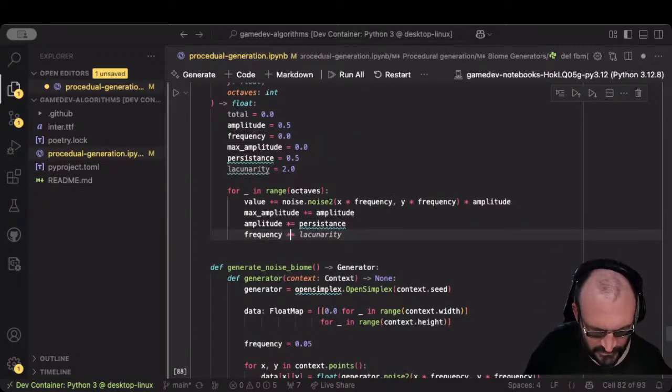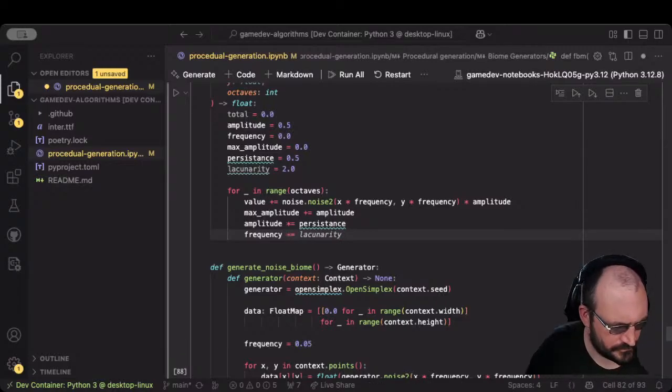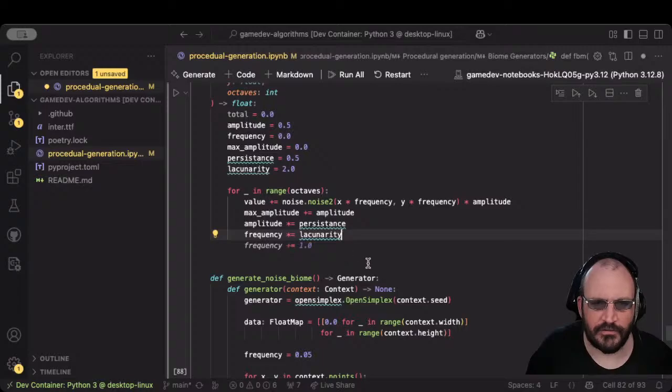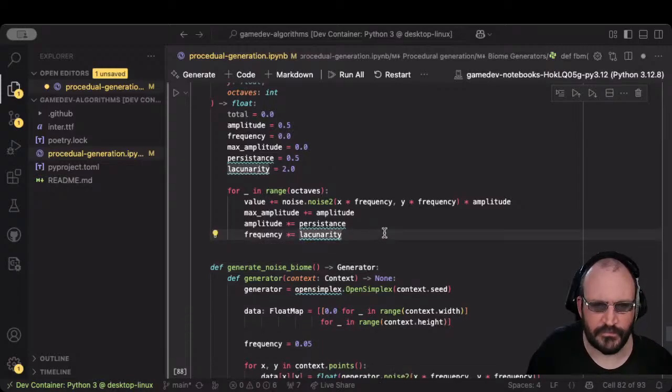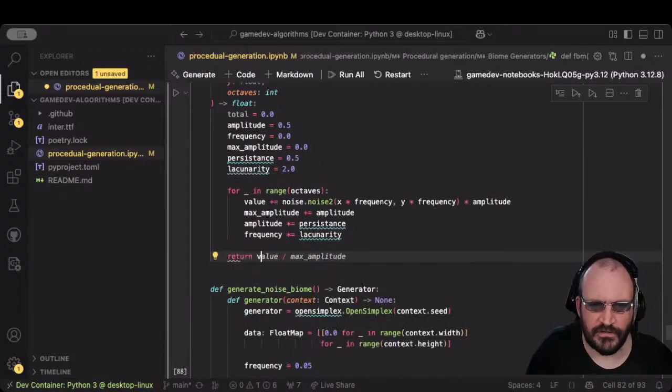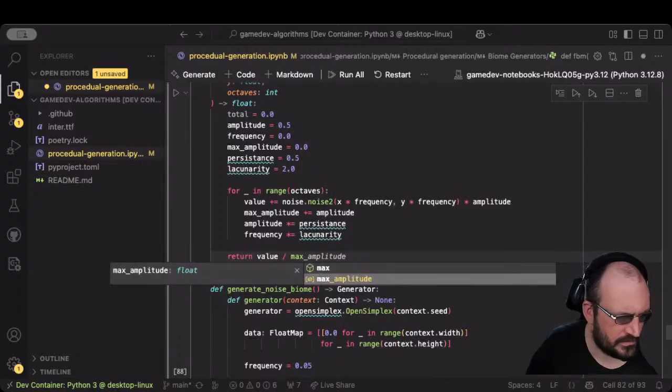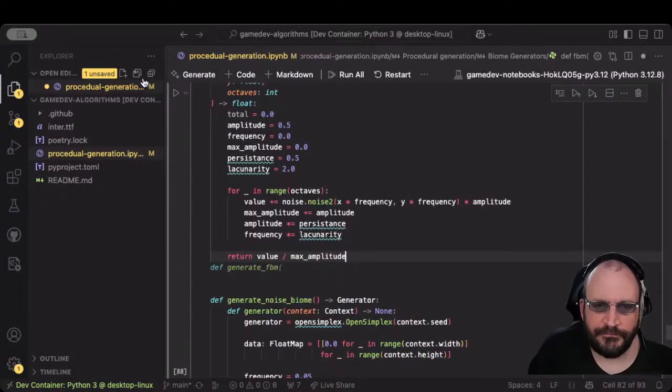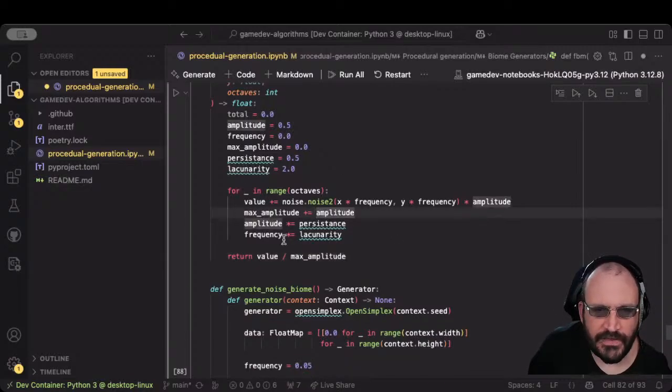And then we multiply the frequency by the lacunarity. I think we return the value divided by the max amplitude. Okay, so this way we're going to layer up each of the